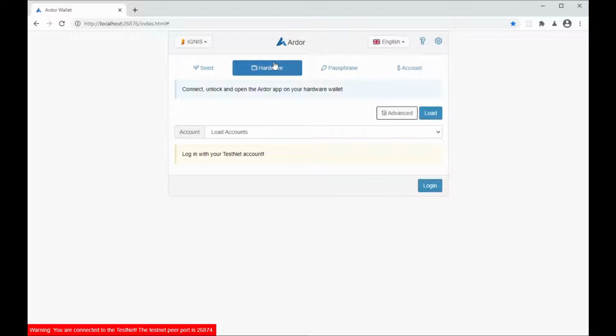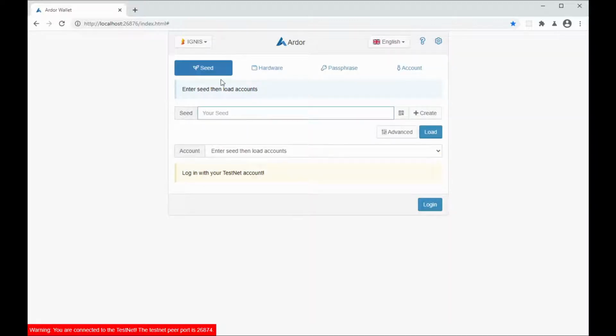We also implemented a software version of the same feature, and that's this seed first tab that allows you to create the same HD wallet but entirely in software.